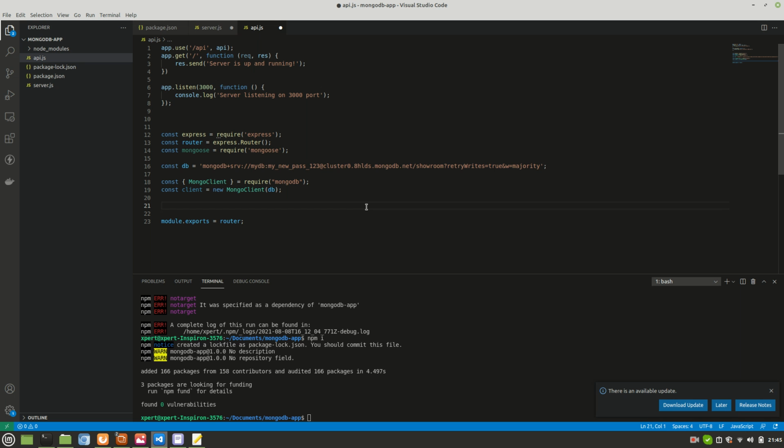But right now we are interested in the API.js, particularly in API.js rather than server.js. Why? Because this is the code where we make the actual connection. What I mean is, in API.js only, we'll write the code to connect our application with MongoDB using Mongoose. Okay, so we'll do that right now.